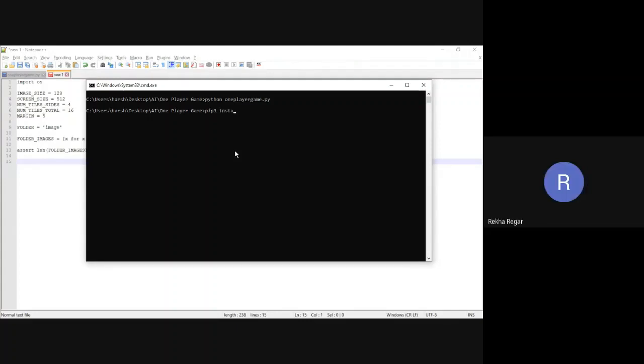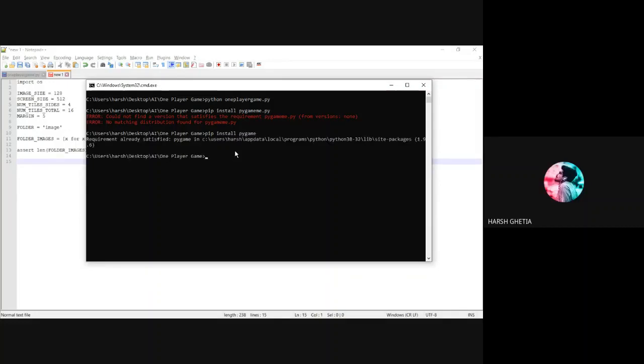That command is right, but not like this. Pip install pygame, not .py. The spelling of pygame is also incorrect. Pip install pygame. Enter. Requirement already satisfied. It means you already have it. Yes, but I'm not able to get this.